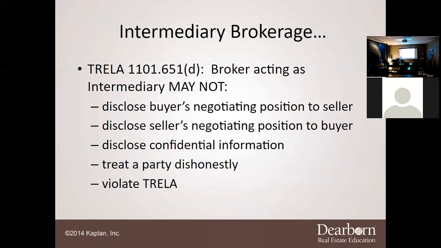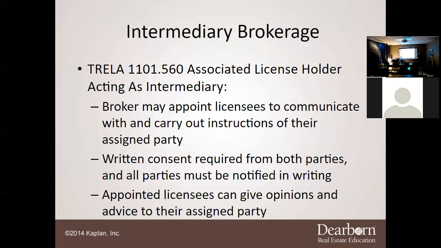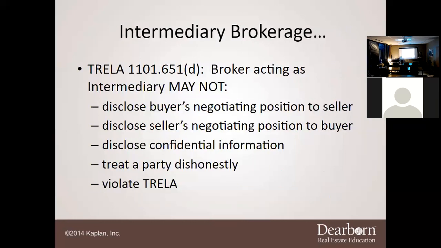Now, the broker acting in an intermediary position or capability may not. And this comes back, so this first one here, 560, is talking about me having multiple people with me. Like myself, I have 25 agents underneath me. I'm able to appoint people out. Does that make sense? But if I was by myself, then I would fall under this,